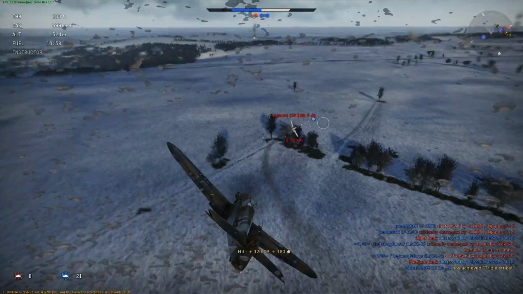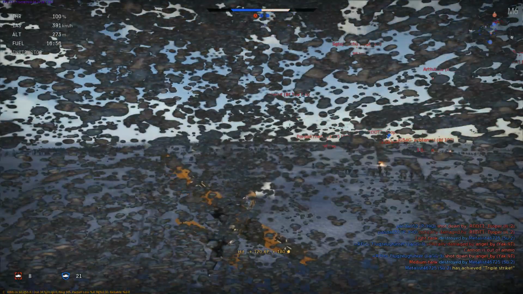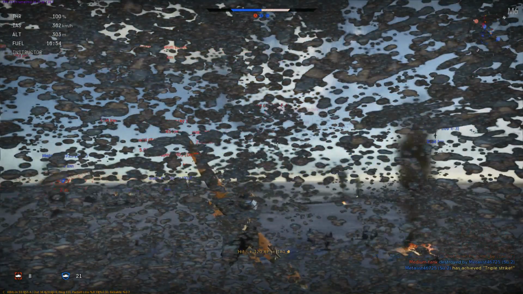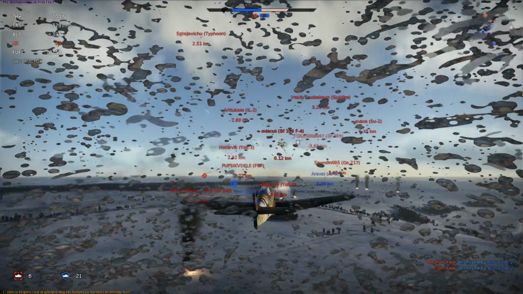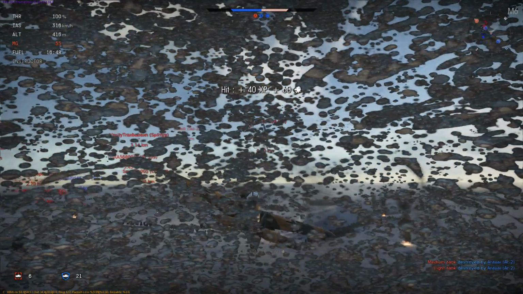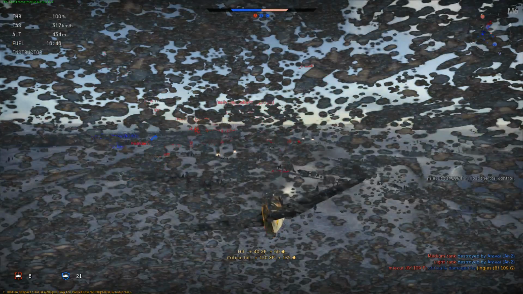Douchebag pilots who just don't give a toss. Almost rammed out of the sky from behind by a friendly. But yeah, look what's happening to my screen. I think what's happening here is I'm flying in this guy's slipstream, and I've hit his engine, and he's leaking oil. And that oil is going all over the front of my windscreen, and it's making it...